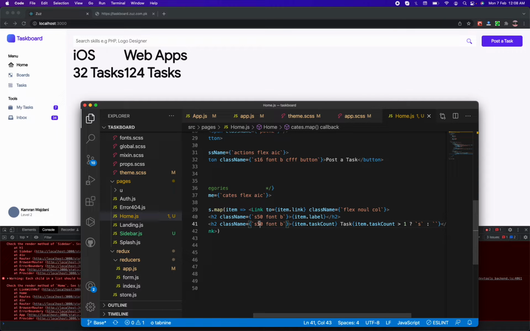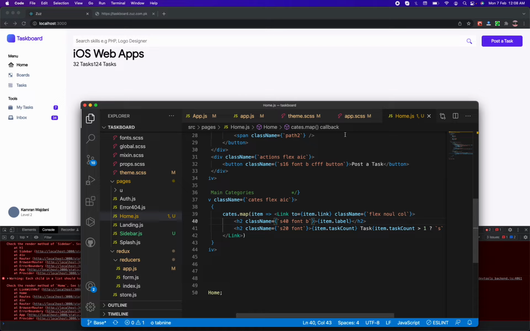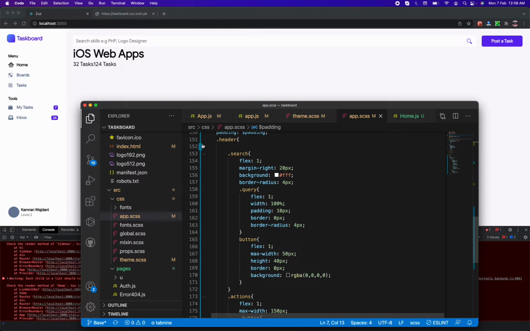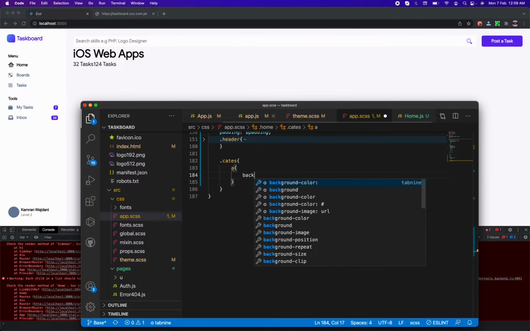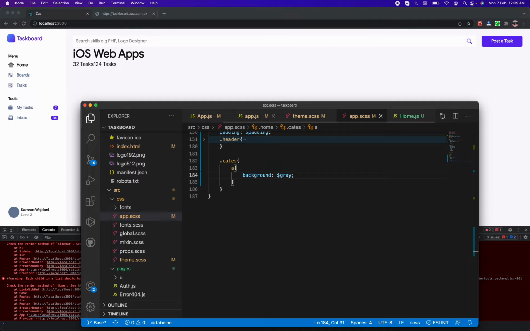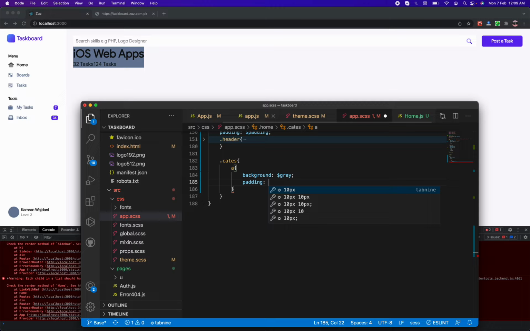But for font size, let's go with 20 and no bold. If we can reduce the font size to 40, yes, perfect. Okay, go inside the apps, and we have this header, and after that we have cats, and the cats A has background to $gray, and we have a padding of let's call